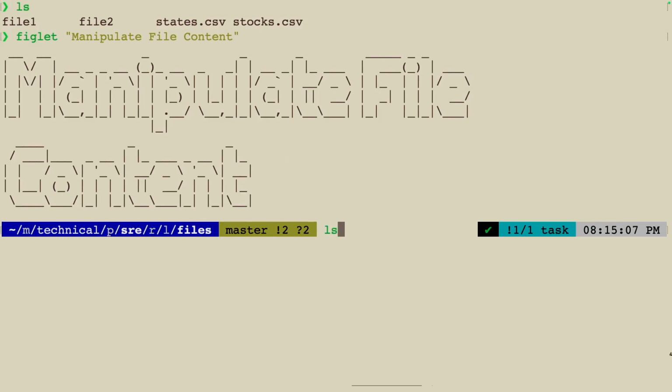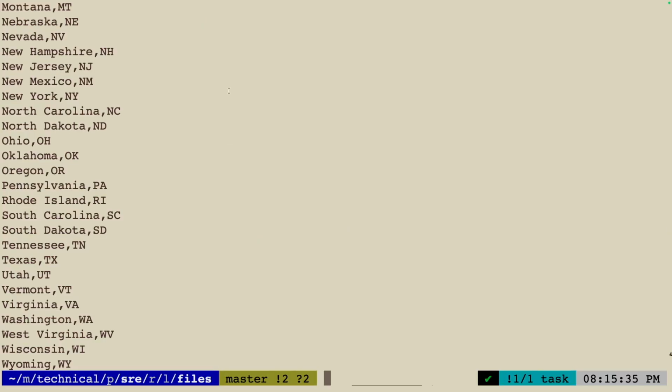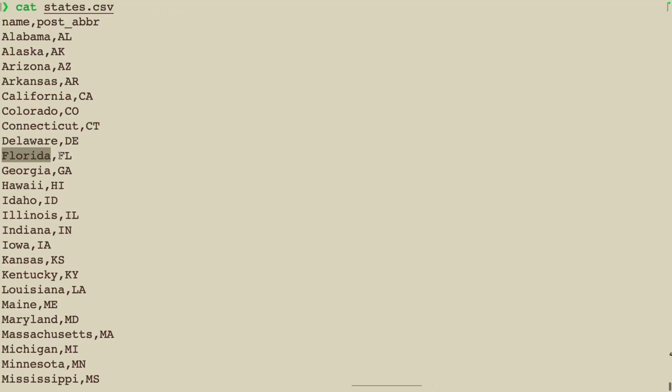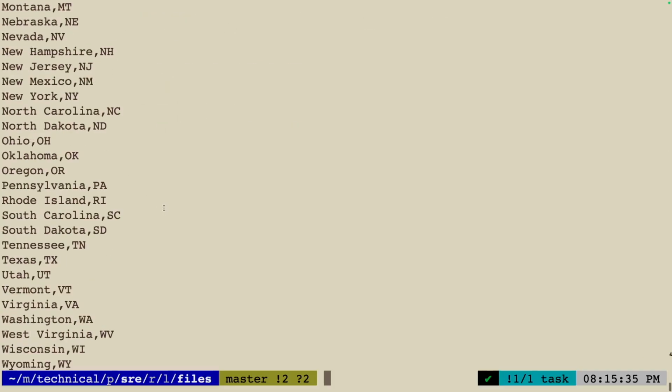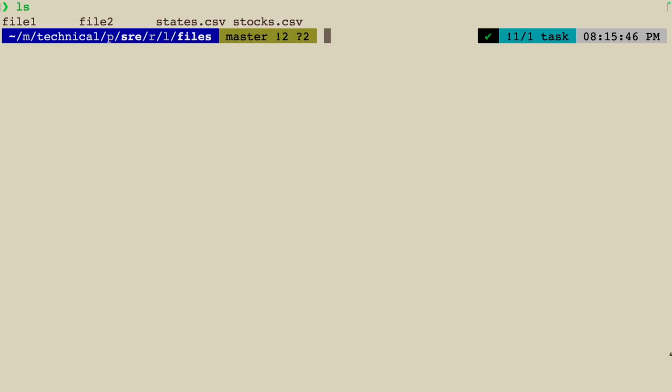I have a couple of sample files here for our use. For example, if I do a cat on states.csv, that is a file that holds all the US states, just the state name and the state code. All right. And there is a separate file. The other file is